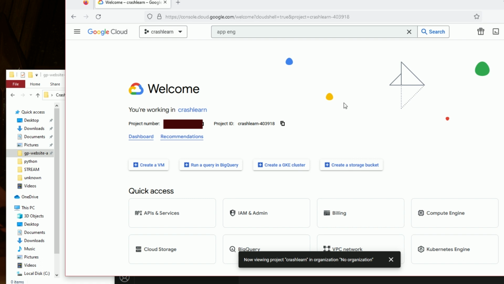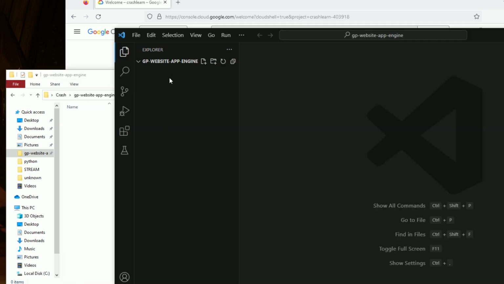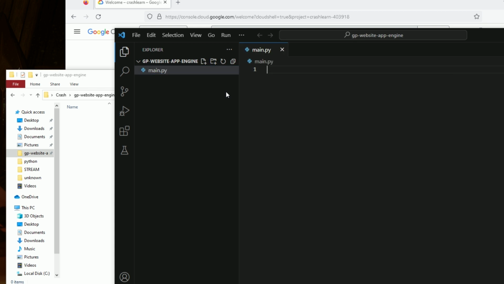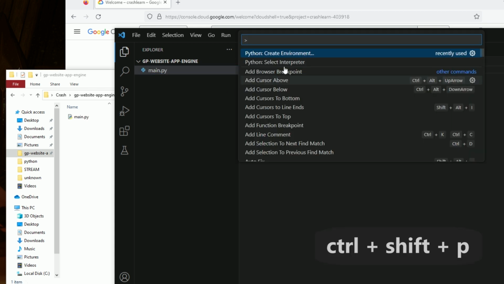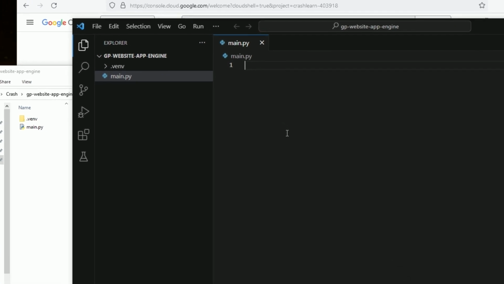So, first things first, I've got an empty folder here and I've linked it up to Visual Studio Code. Let's create our main.py to run our Flask website. I'm going to press Ctrl-Shift-P and create a virtual environment to run this from. And while this is installing,